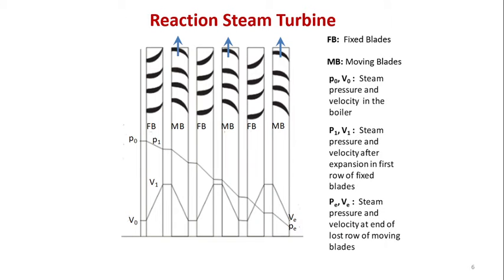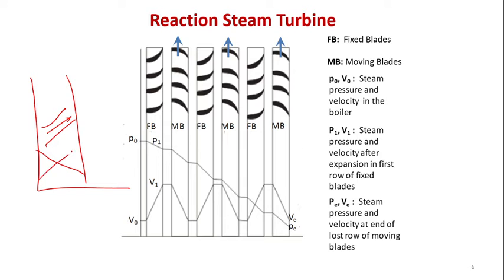Then coming to the reaction turbine. If you compare this with the impulse turbine, there was a nozzle where there was a complete decrease in pressure energy and a complete increase in velocity, and then the steam was left onto the moving blades. But here there are guide blades. These guide blades, or fixed plates, act as nozzles here. The fixed blades act as nozzles. So what happens here, as we can see, is that there is not a complete decrease in pressure.